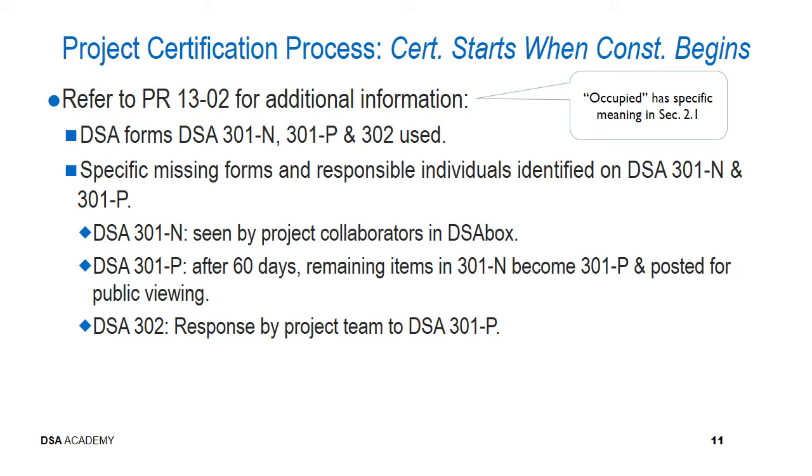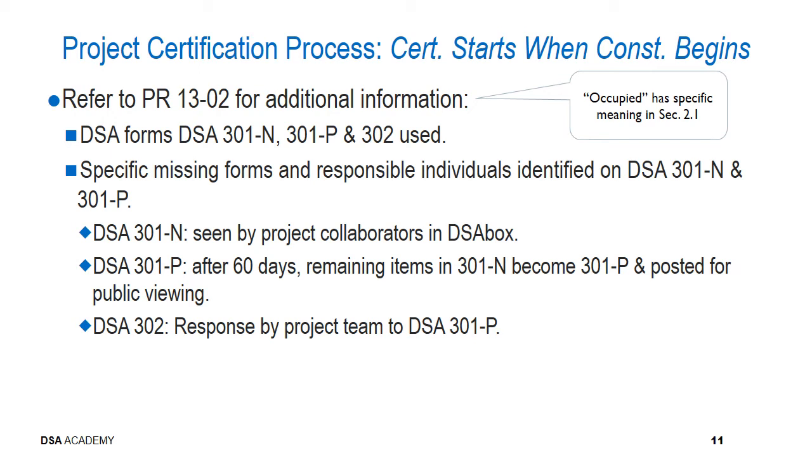Continuing on now with the second sub-bullet, the specific missing forms and the responsible individuals will be identified on first the DSA 301N and later on the 301P if those have not been received. So continuing on this concept a bit more, the DSA 301-N is seen by project collaborators in DSAbox, and it's identifying those pieces of information as far as what forms are missing and who are the individuals responsible for providing